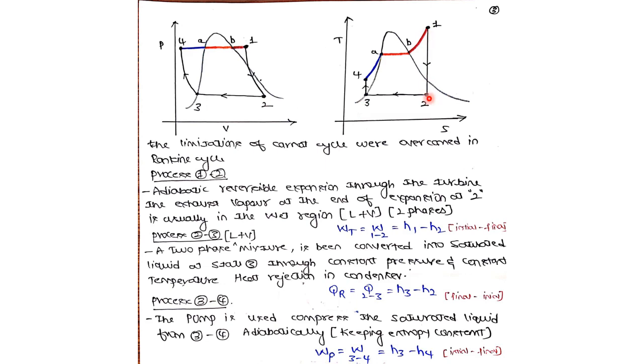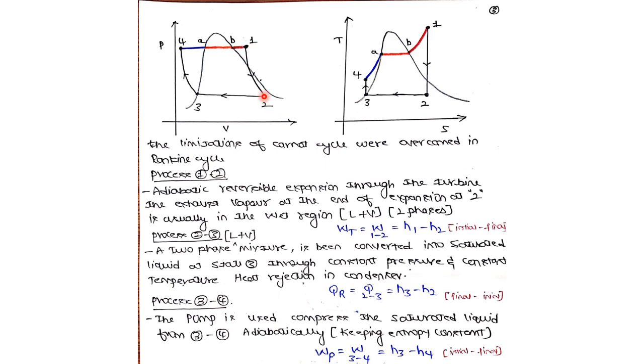This happens in the turbine, you know that. So expansion happens in the turbine, which is isentropic in nature. That is very much clear. Now, 2 to 3 is constant pressure heat rejection. Usually, you must observe this particular factor here. After expansion from 1 to 2, the state 2 always lies in the wet region. Always lies in the wet region.